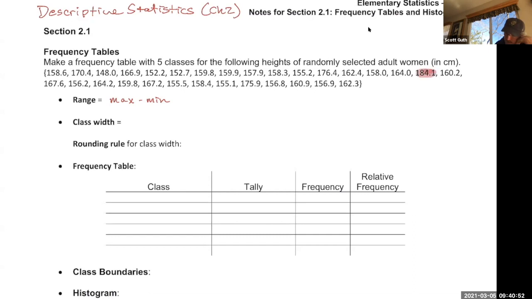Does anybody see the smallest value here? I see a 148. Is that it? The 148? Yeah, it looks like it. Okay, so that's the min, hopefully. And so we'll just subtract. This just tells how wide the data set is. So 184.1